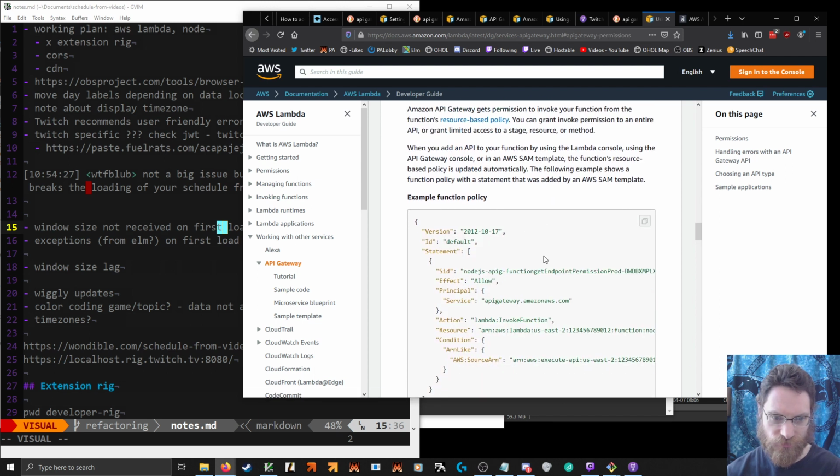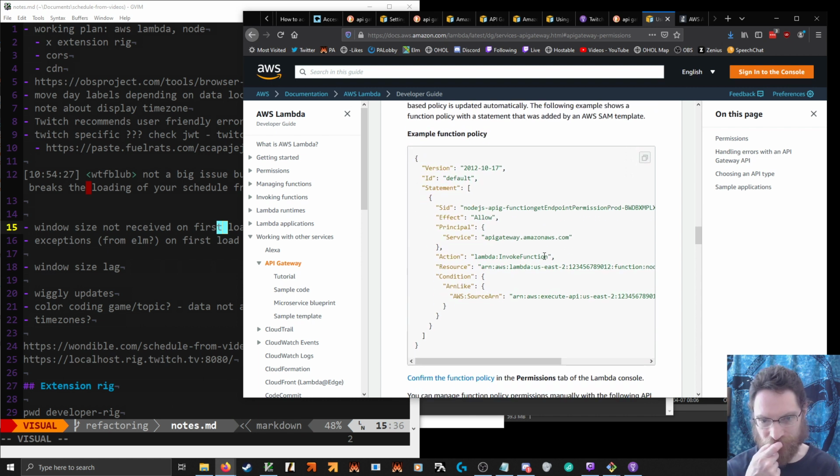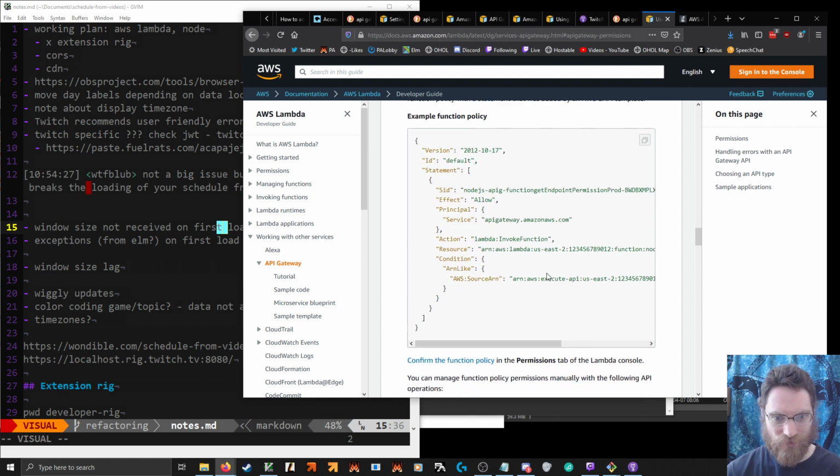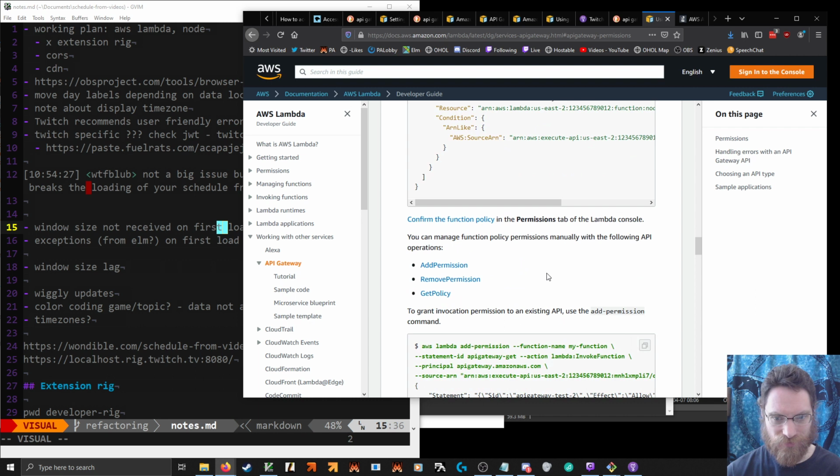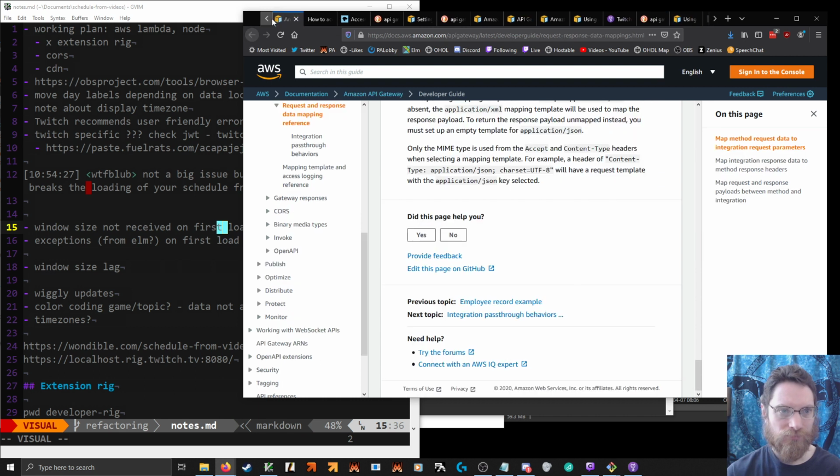Permissions. Example function policy. Of the Lambda console. I seem to recall I still had to do